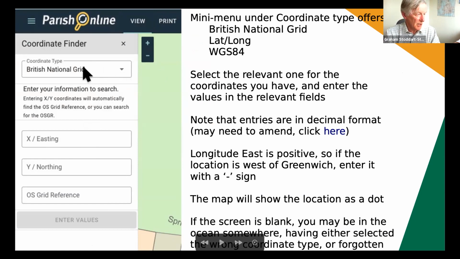So you can use the British National Grid, which is what most of the coordinates that you take off Parish Online, for instance, are in. Or you can get a regular lat long, or you can get whatever World Geographical Standard 84 is, which is something to do with Mercator projection, I think. So when you get given a set of coordinates, it's going to be one of those 3 to be useful,